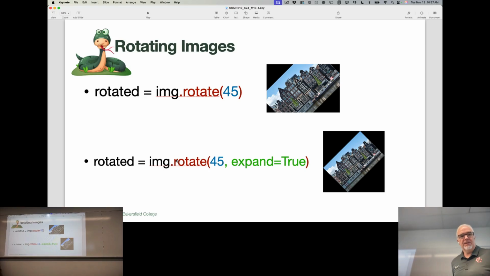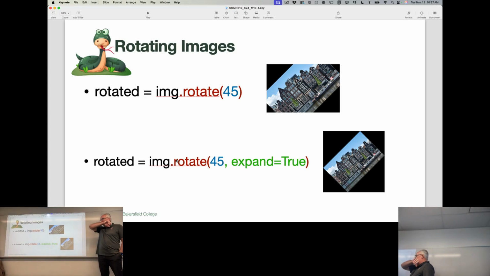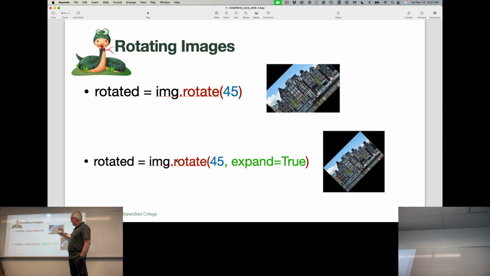Another thing you can do is rotate images. And there are two options with rotating images, because even when we don't see images as a rectangular object, the computer still sees them as a rectangular object. So even if we have image transparency that makes it look like an irregular shape, it's still a rectangle in the computer's eyes. And so if I take that image and I rotate it 45 degrees,